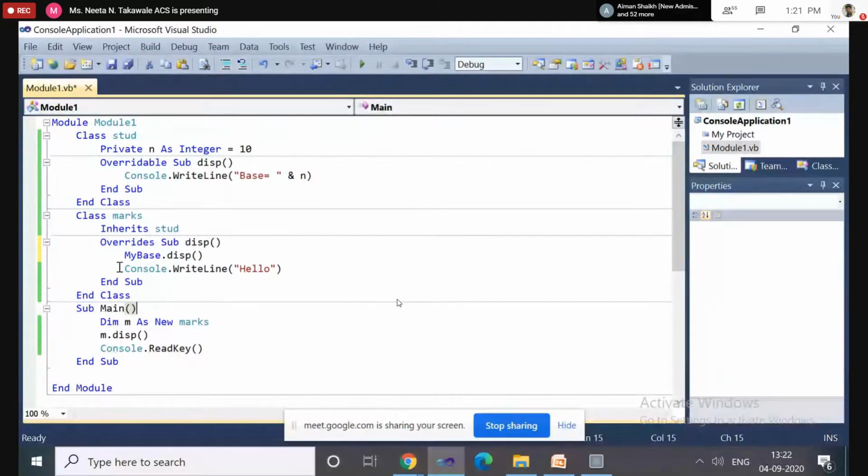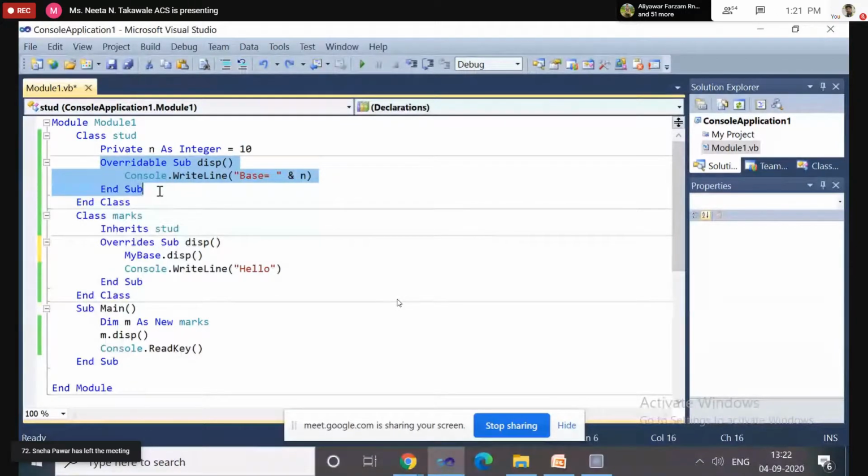Inside this overridden method I have used the keyword my base, and using it I am accessing the display method which is overridable inside the base class.